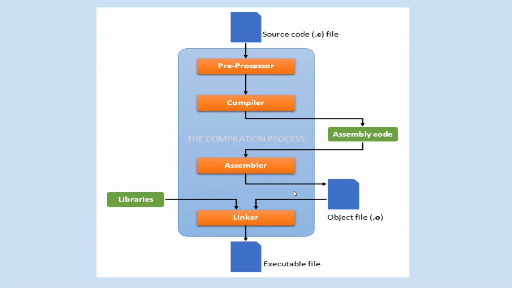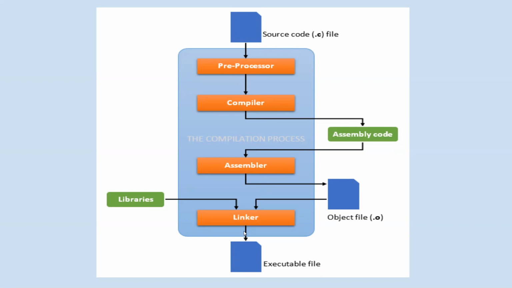Sometimes the situation arises when a program refers to functions in other files, and the linker plays a very important role in this. The linker links the object code of these files to our program. So the job of the linker is to link the object code of our program. For example, we can use the printf function in a program, then the linker adds its object code into the object file. So this is the total process of how the source code is converted to the executable file or the object file.